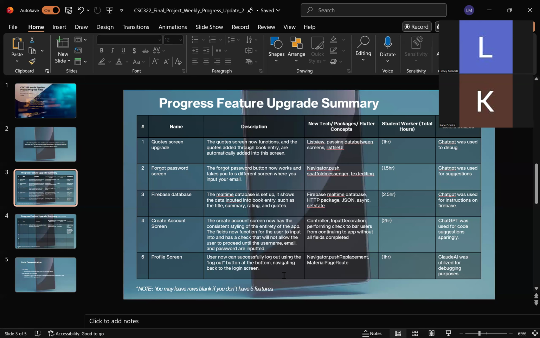Right. And I worked on the create account screen. So previously in the last progress video, the screen was there, but it didn't navigate correctly between the login screen and our main page, which is our main screen, our Your Books page. It also didn't have consistent styling with the rest of the app, and the code was really messy. So for this, I made it so that it has consistent styling with the rest of the app,